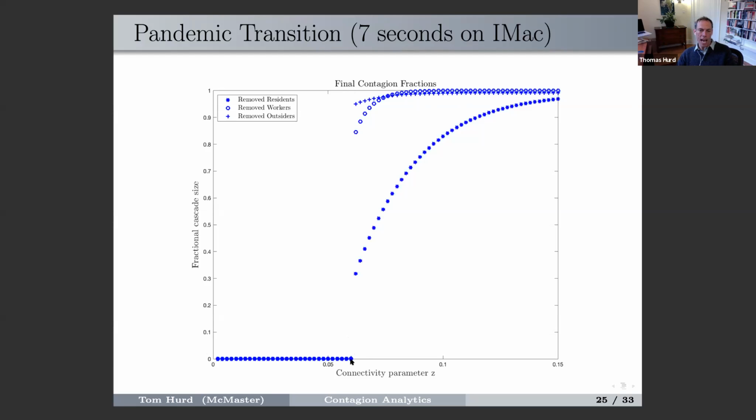And if we had managed to get this connectivity parameter below 0.06, we wouldn't have had a problem. Notice how sharp the break is between no infection and a full-blown pandemic. There's a threshold, and this threshold is characteristic of n equals infinity. So it becomes a very clear-cut yes or no thing. Will the disease become a pandemic or not? And that's one of the reasons why I really like the n equals infinity